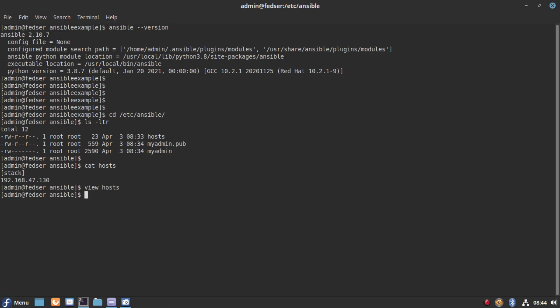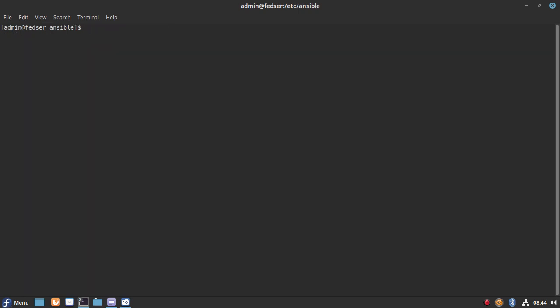But in order to manage this node, we need to make sure we are able to SSH onto this node using a private key. Basically, we should SSH into this node without providing any password. For that purpose, let's generate the SSH key pair. So let me run ssh-keygen -t rsa.